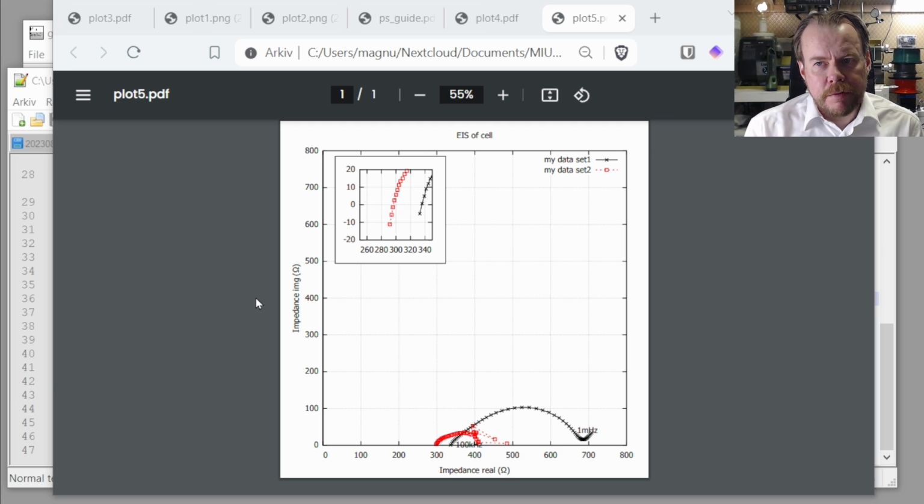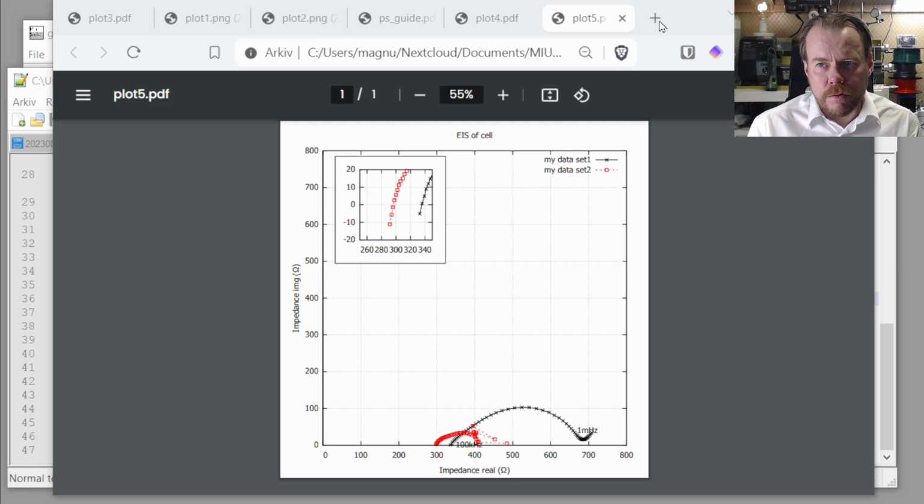All right, the next part now is to talk about how to pre-process your data. So that is when you want to do integration of the data set or derivation or some other kind of manipulation of the data. gnuplot cannot handle that automatically, so you need to use another tool to pre-process the data. And the tool we're going to learn to use today is the awk programming language. awk is a simplified programming language that is very neat to use when you're going to manipulate data that is in line data,